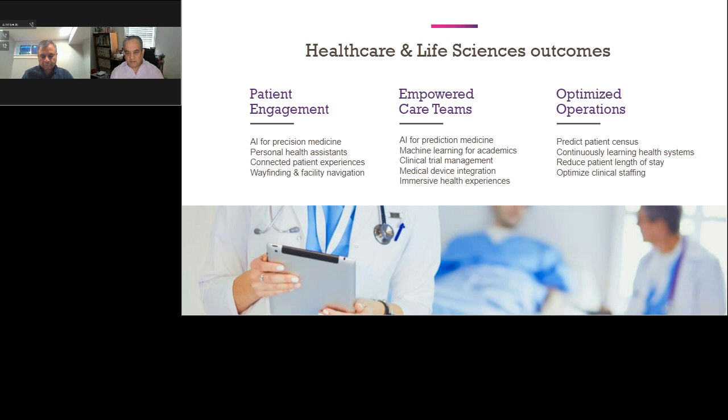And the operations side of the house, we've done a number of projects where we've improved the operations and where we've driven efficiencies in how patients are managed through the entire experience that they have in the healthcare facility and post-treatment as well, including reducing the patient length of stay.